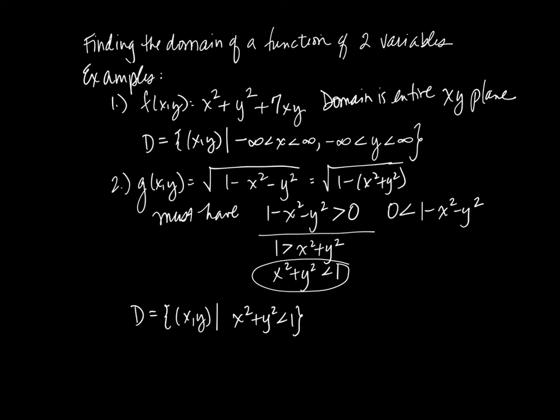And in fact, that means I have to make a correction here. You can't take the square root of a negative, but we can take the square root of 0. So let's go back and make this less than or equal to, because we can actually get out 0. So we can make this x squared plus y squared less than or equal to 1.